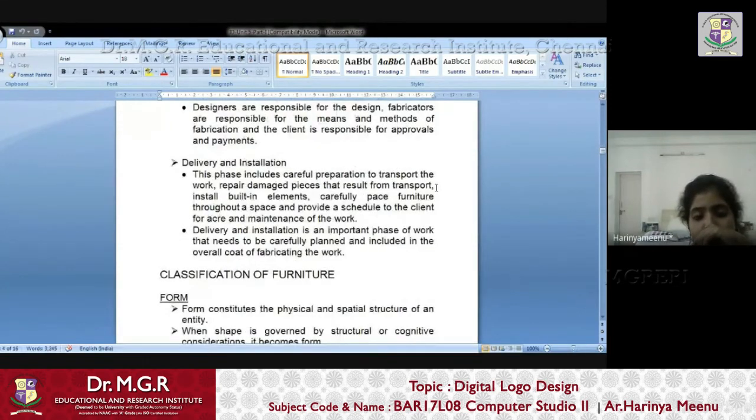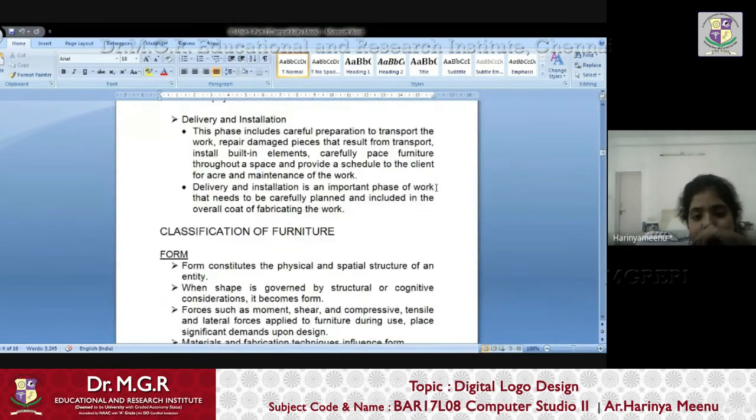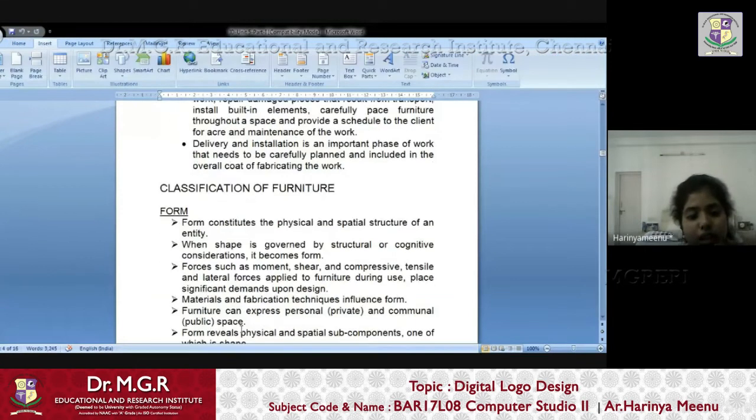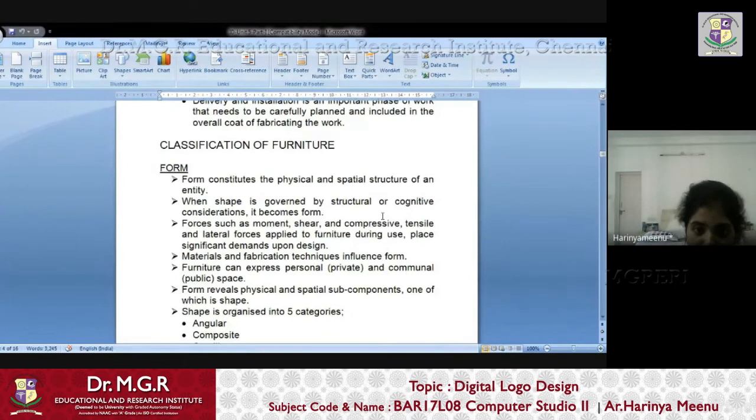Now coming to the classification of furnitures. On what basis do we classify furnitures? The first is based on form. Based on the form, it depends on the shape, the tensile capacity, and where it is going to be used.